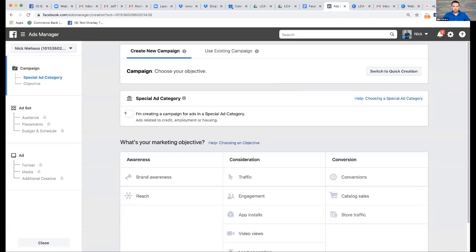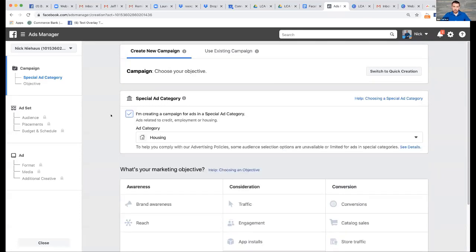is you have to tell Facebook that you're creating an ad for housing, all right? So you do have to click this special ad category box so that Facebook knows this is an ad that has to be qualified for all those special rules I talked about earlier. If you want to try to figure out how to get around that, you can. That's up to you, obviously, but I would recommend that if you are in real estate, you just label everything as housing and just deal with the rules, right? It's the safest way to approach it.